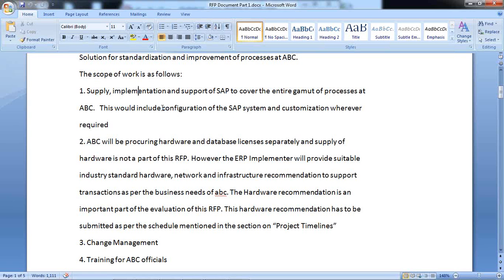You should be having a new term here. See, one term called configuration and one term called customization. What is this? There are two terms, right? Configuration means the options are already available and you adopt those options. Customization is you tailor the requirements and you build the options. So the first one is here supply and implementation, and the second one would be like here